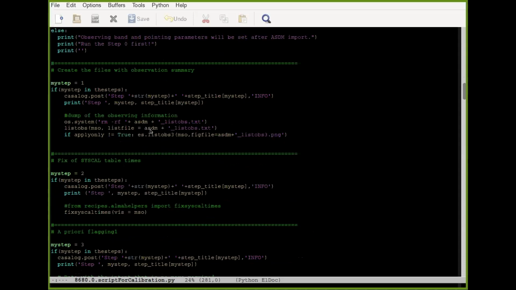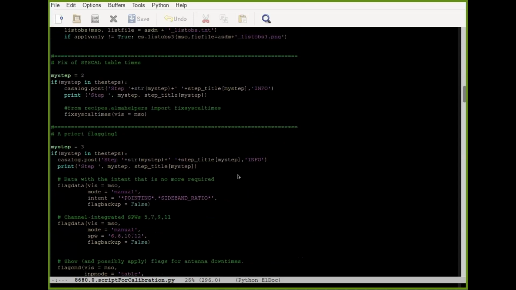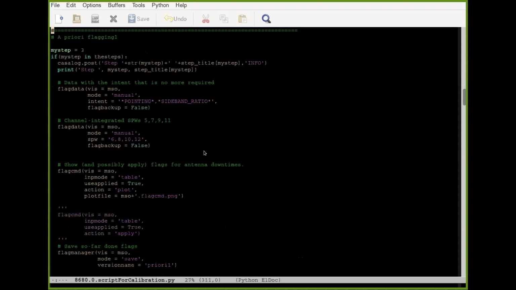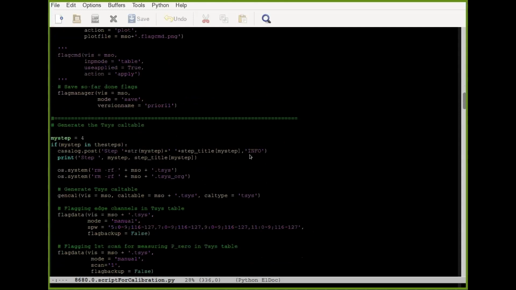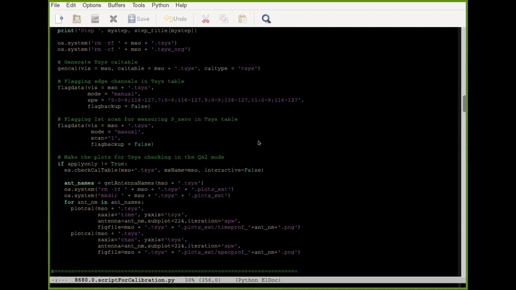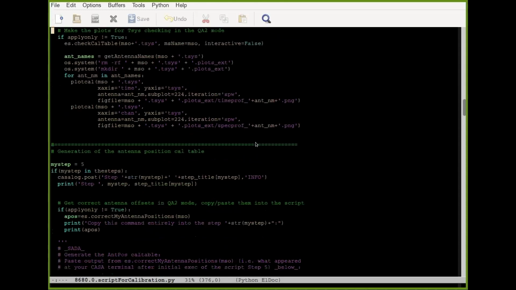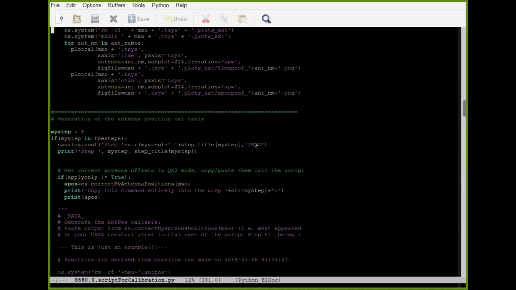So standard import of the data, this fix of the bug that is not appearing anymore. A priori flagging is the same as usually, that you are basically getting rid of the things that you don't need anymore. And here, yes, we are also doing antenna position corrections, but this is more or less the same as in standard data. What I would like to show now is the typical